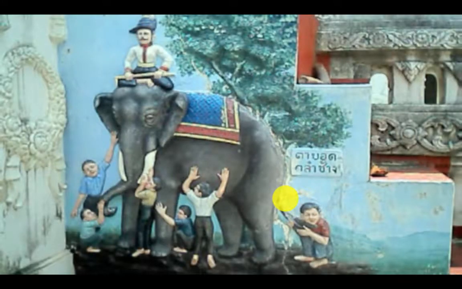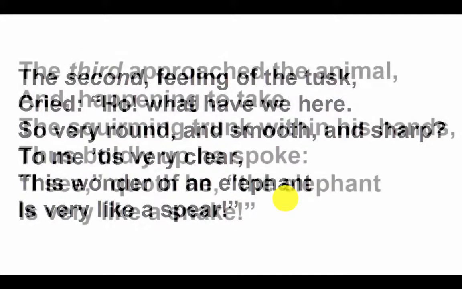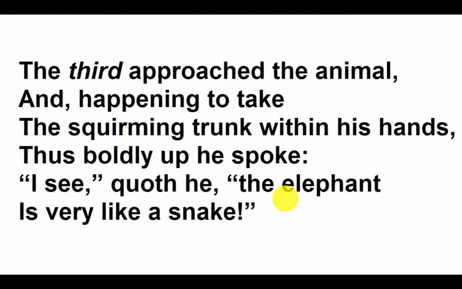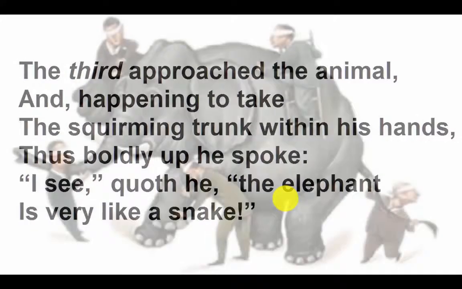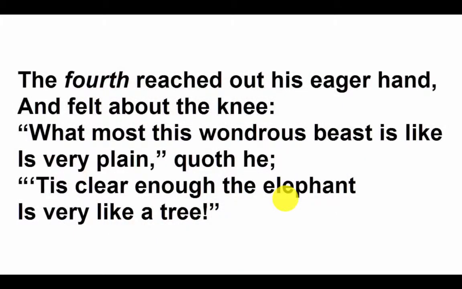The second, feeling of the tusk, cried, "Ho, what have we here? So very round and smooth and sharp. To me 'tis very clear, this wonder of an elephant is very like a spear." The third approached the animal, and happening to take the squirming trunk within his hands, thus boldly up he spake, "I see," quoth he, "the elephant is very like a snake." The fourth reached out his eager hand, and felt about the knee. "What most this wondrous beast is like is very plain," quoth he, "'tis clear enough the elephant is very like